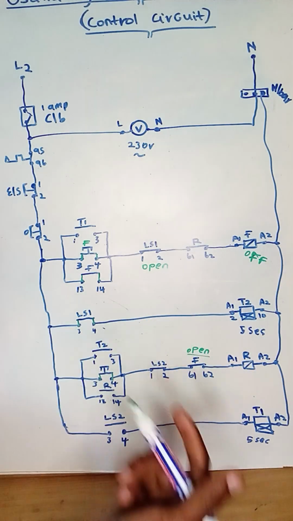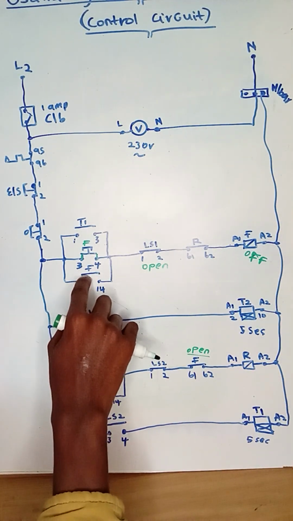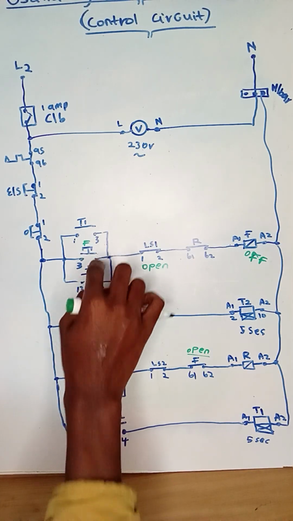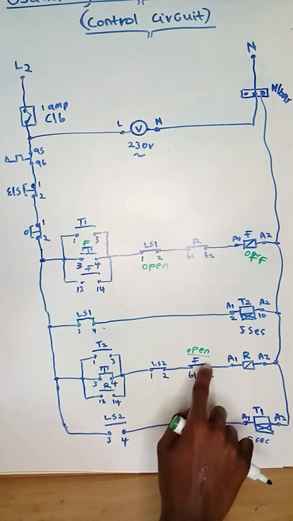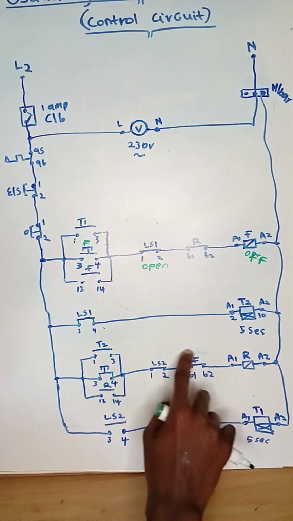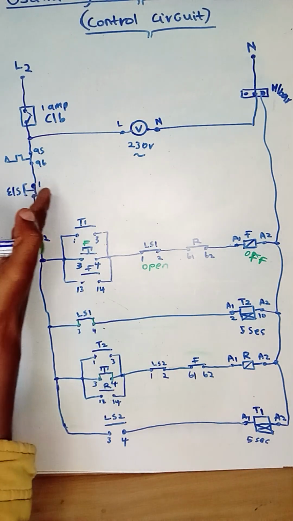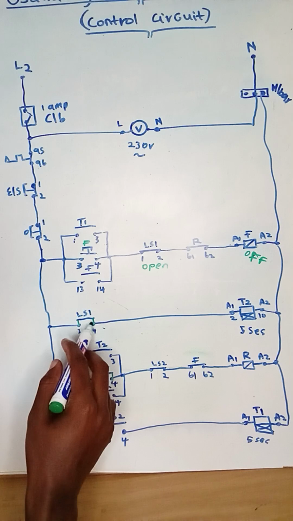So if it's off, it will affect each auxiliary contact to go back. So this one will be open. So remember, I let go of my start button, it must be open. And also the interlock of forward goes back to a closed contact. So right now I'm still holding my lever of the limit switch, which created a closed contact here,